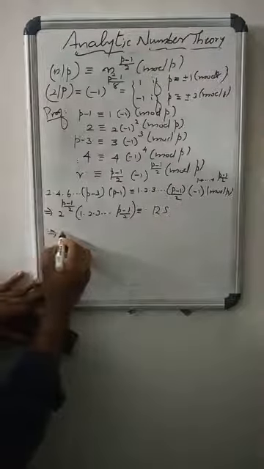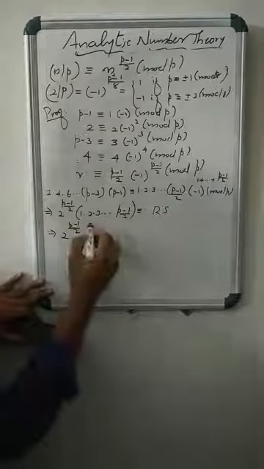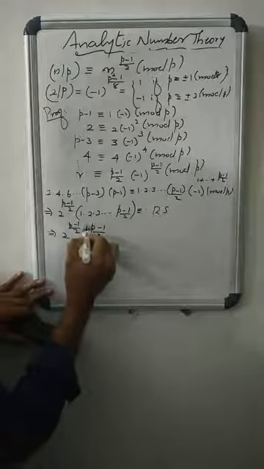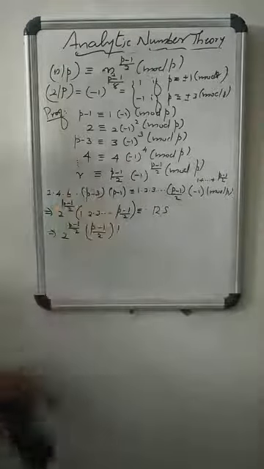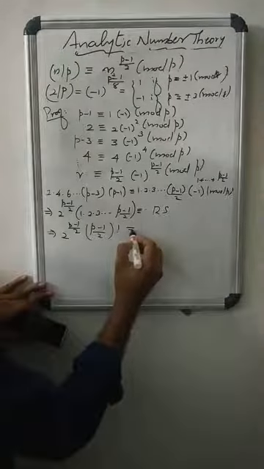So that means 2^((p-1)/2) into whatever the term inside this bracket, that is ((p-1)/2)!. So 2^((p-1)/2) · ((p-1)/2)! is congruent to